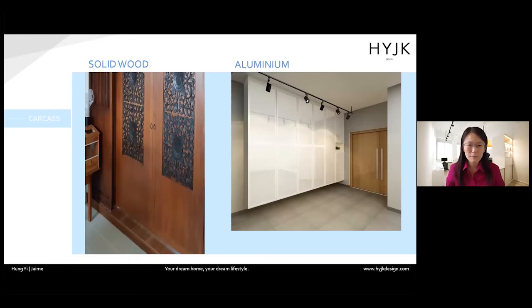Also, aluminium, something I want to mention. This is actually popular for high-end landed property that's near the sea. So if you have a problem with corrosion, if you're looking for certain outdoor pieces that you want to have and you're worried about corrosion, you can actually consider using aluminium. And this is not the cheap aluminium. You can actually get the very premium aluminium. I know one of the shops that do it in Singapore is called Alu Steel, and it's really, really expensive, about 2 to 3 times the price versus normal plywood carpentry. But it's something that you can consider for parts of your home.